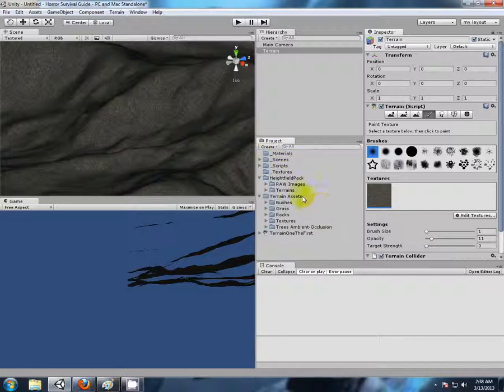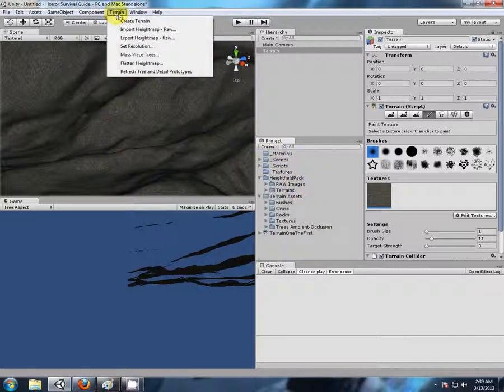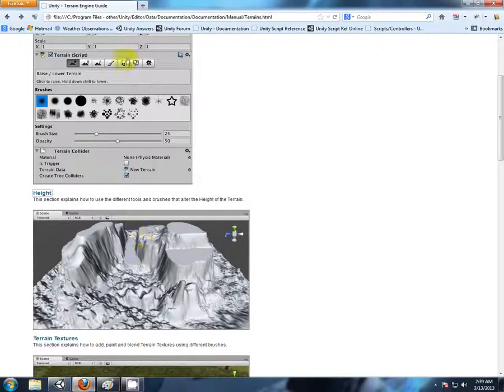Now thirdly, you can also create height maps and import height maps for your terrain. I really don't know much about height maps because it needs a special raw format, which is a grayscale, special bit buffer size kind of thing. But while I think of it, there is another resource